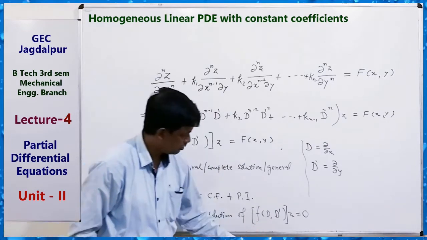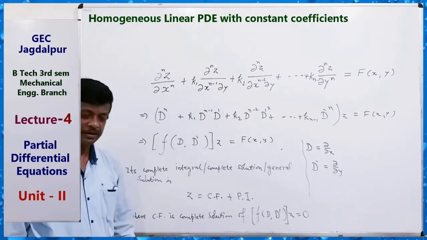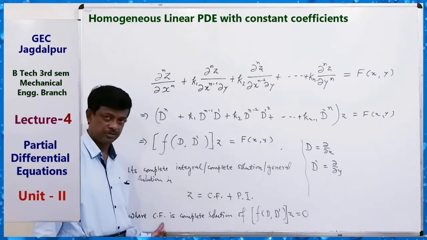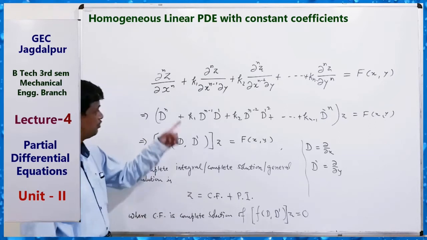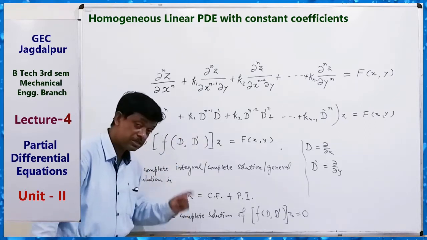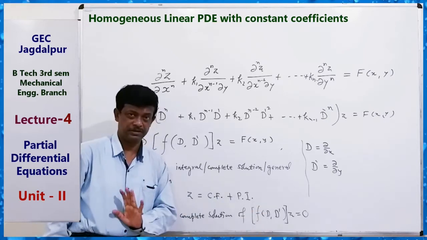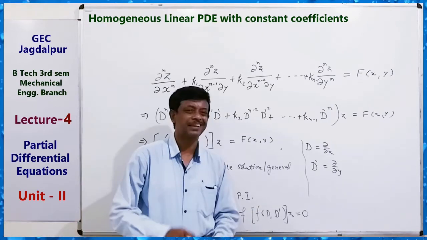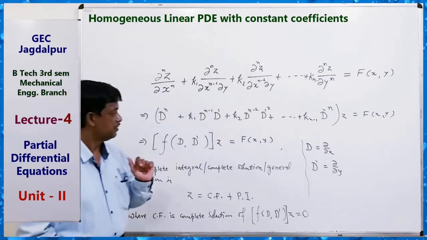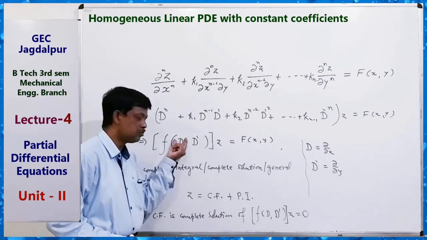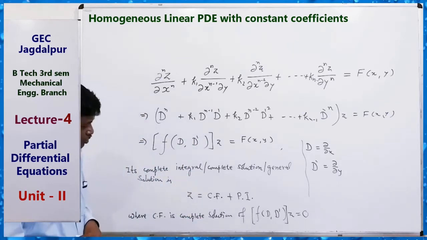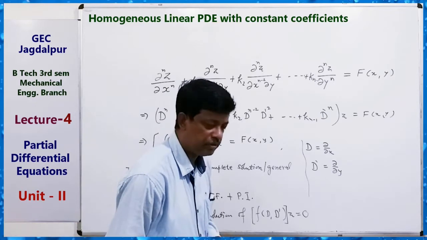Considering the right hand side 0, then we can solve it, and that is called the complementary function of this equation. This complementary function is the complete solution of this. So it can be solved by making auxiliary equations, just like a linear differential equation. For that, we suppose D equals m and D dash equals 1, then we can solve. Okay, so that is for finding complementary functions.